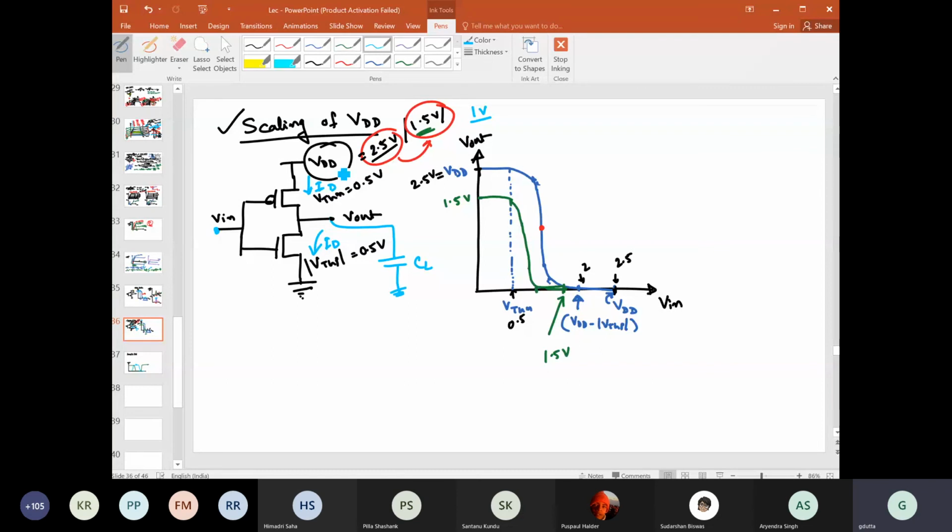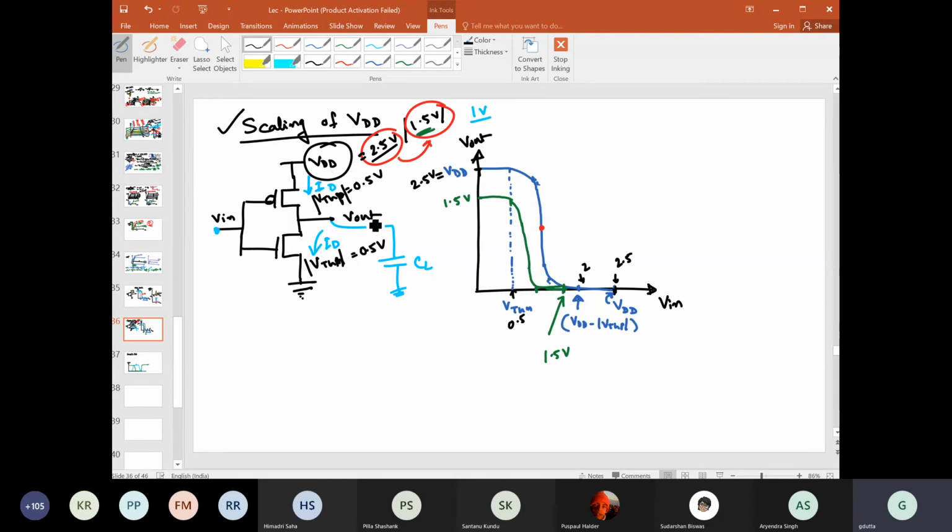Okay, now the question we are discussing: the threshold voltage for these two MOSFETs is 0.5 volt, and this is also minus 0.5 volt. I think I wrote it here the other way. It should be this VTHP, in mod, and this is VTHN. So I can keep it in mod or without mod. It is plus 0.5, and this is minus 0.5. So I should have interchanged these two points.